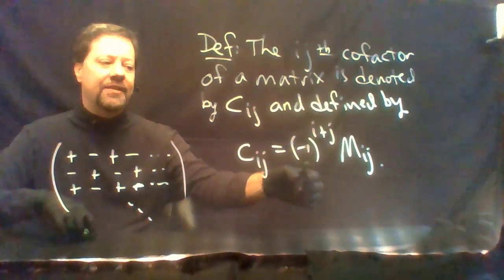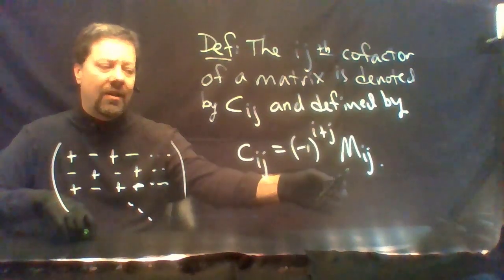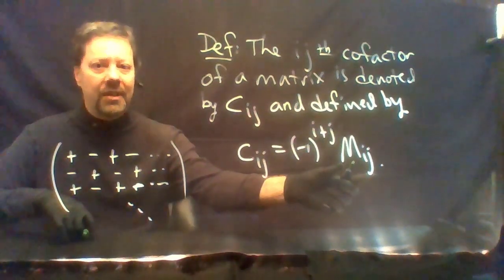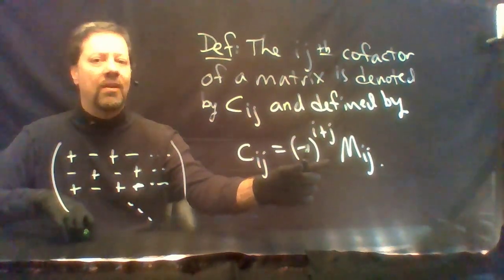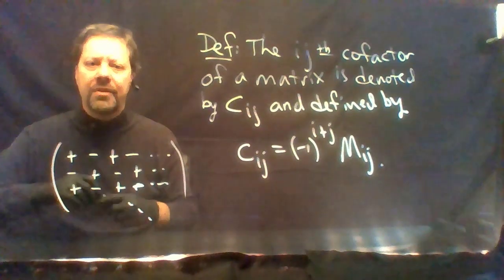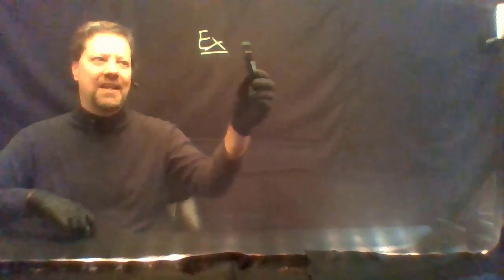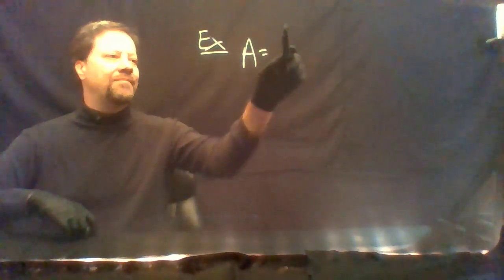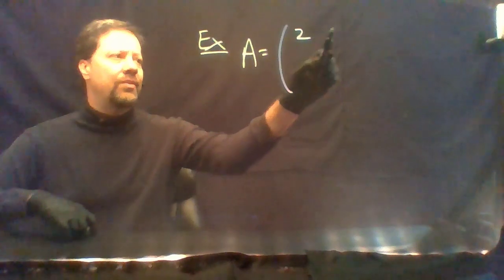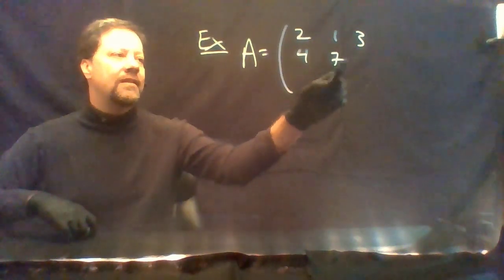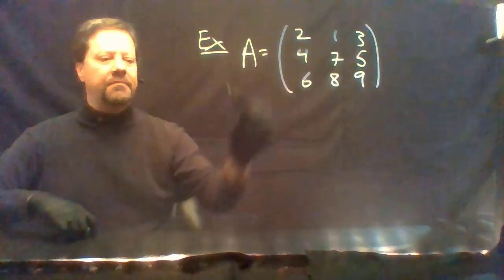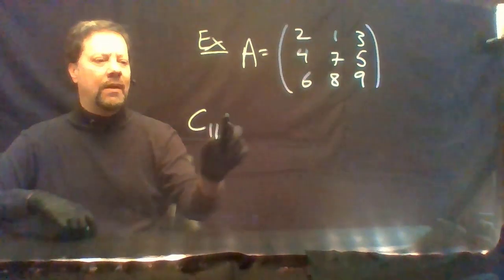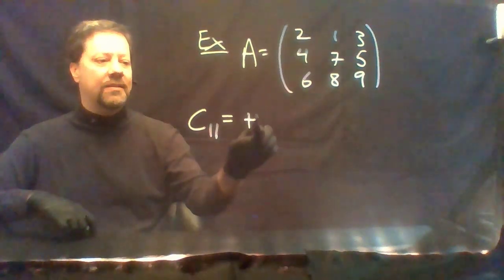These just give you different signs, plus or minus, on these minors. The minors are a determinant, so they yield a scalar. This just associates either a plus or a minus sign according to this checkerboard pattern. So for example, if our matrix A is, say, 2, 1, 3, 4, 7, 5, 6, 8, 9, then C11 will be plus